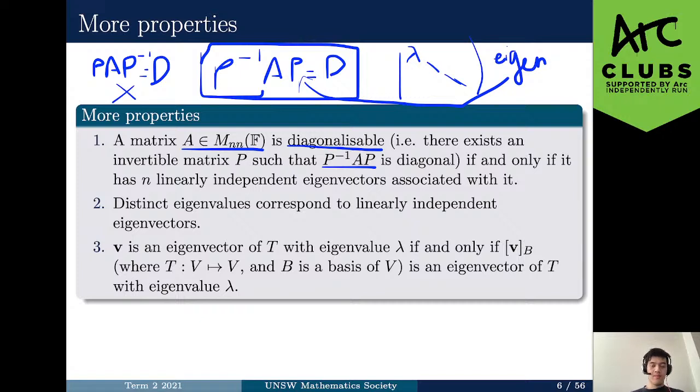Well, you could also write another form. I could move the P and the P inverse to the other side, and say A is equal to P times D times P inverse. That's okay as well. So a matrix is diagonalizable, so I can write it in this form, if and only if it has